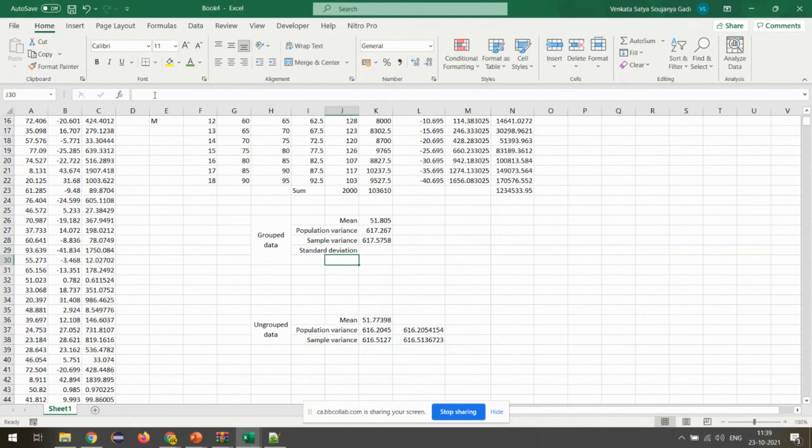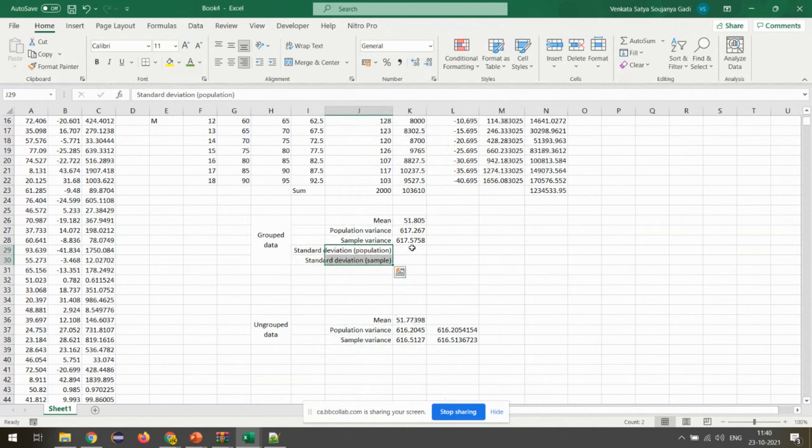Standard deviation. This also have for population. And then there is for sample. Okay, so how do we do this is square root of,